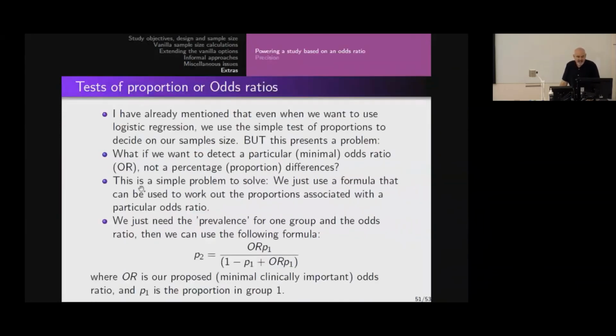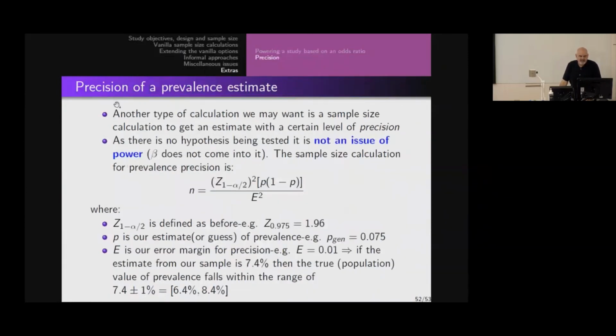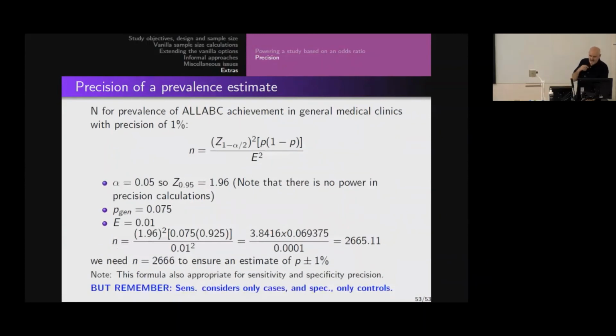Basically, I have just added a couple of other things here, and I'll make sure that these notes are available to you. Specifically, I talked about our binary outcome, but if we want to power it for a particular odds ratio rather than a difference in proportions, it's really very simple to adjust it. And I also gave you precision of prevalence, which is something I will cover in much more detail when it comes to sensitivity and specificity for diagnostic test evaluation. So again, I didn't cover it in the lecture. Again, the good news is they're very simple calculations to do. Okay, that's that. Sorry, I've run out of time.